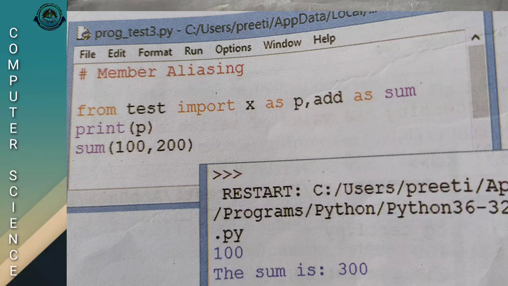X and add are two members of the module test, but here we used alternative names p and sum. Finally we will get the results 100 and 300. These are called member aliasing and module aliasing.